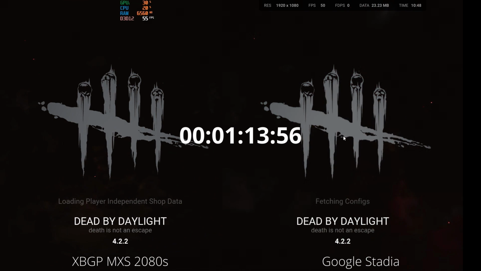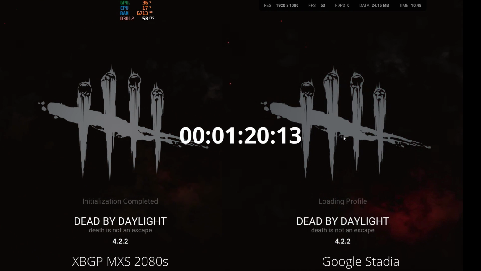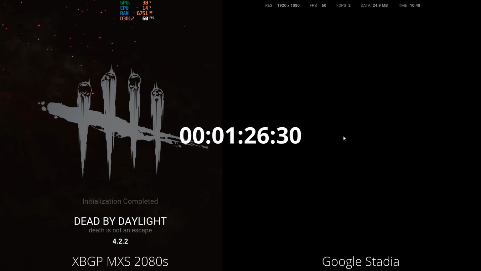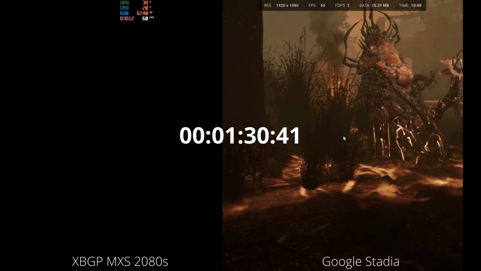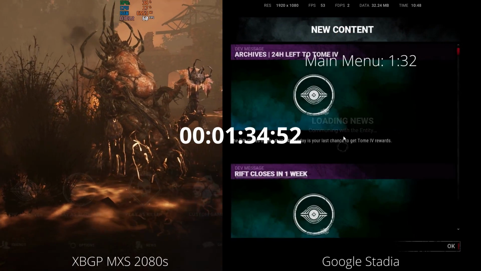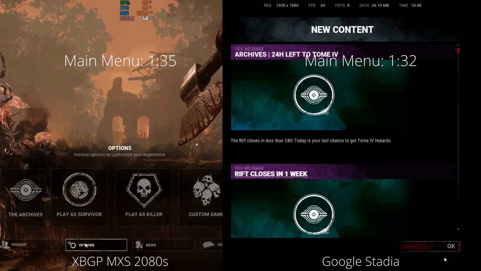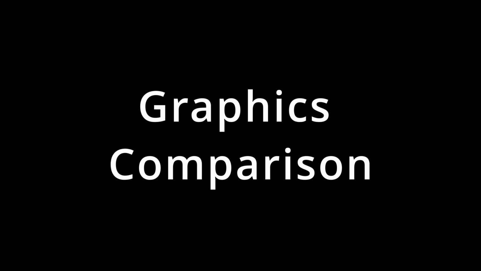And then going into the final load screens then, both of them taking the time for the initialization and connections to the server there. But Google Stadia just getting ahead of the Xbox Game Pass version there at 1:30. Both of them loading just over 1.5 minutes altogether is really not too bad. I have installed this on the maximum settings 2080 Super rig, so it is running on a very high power